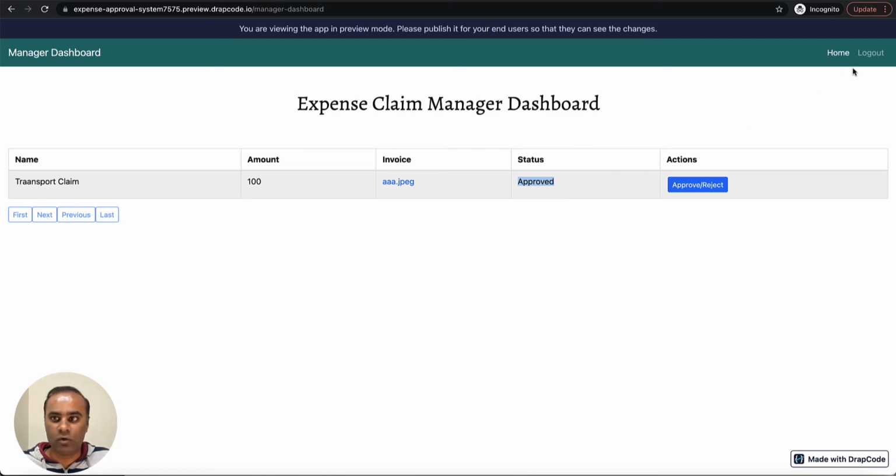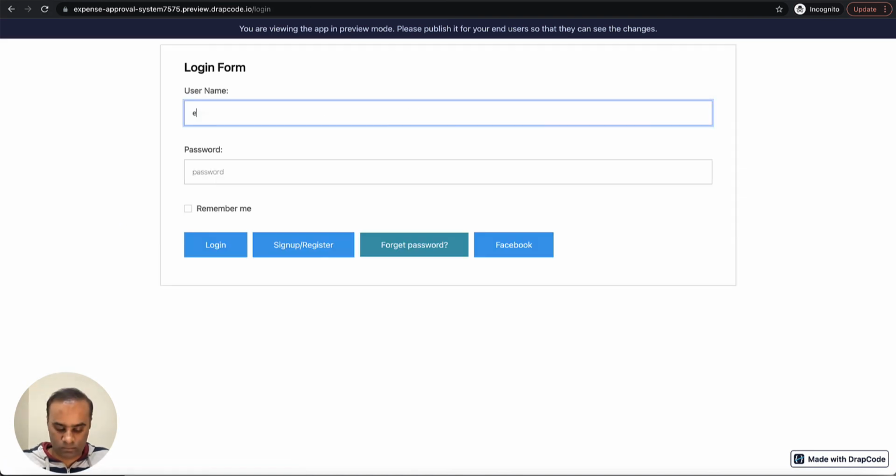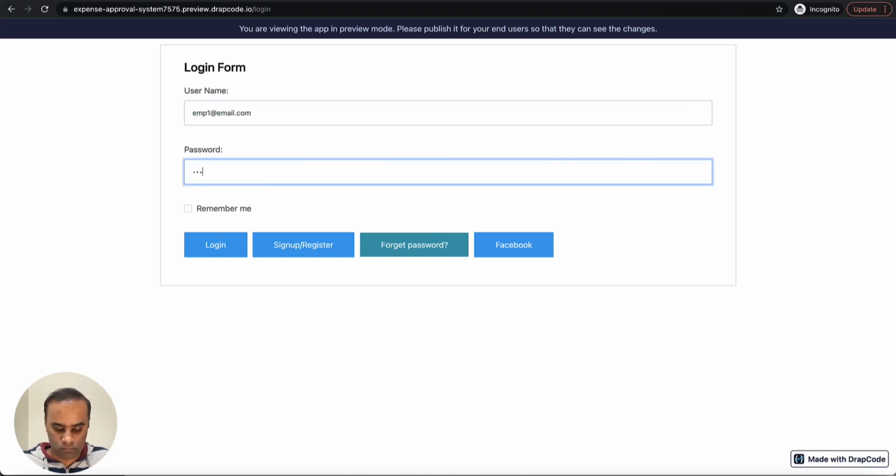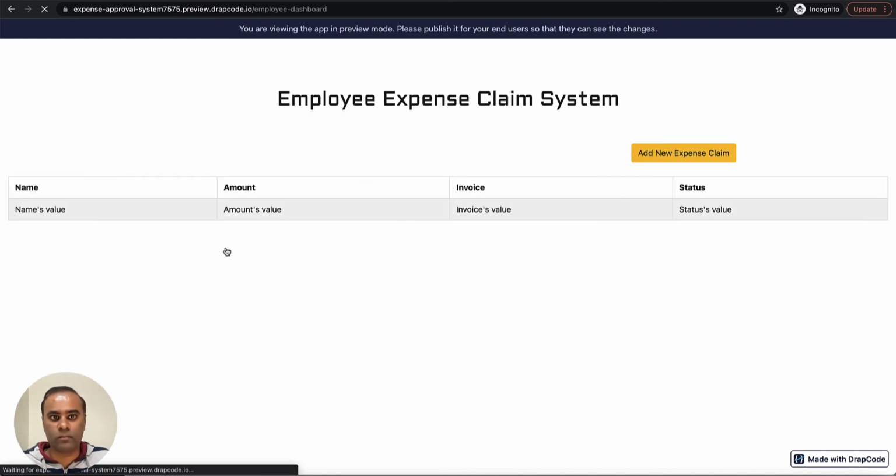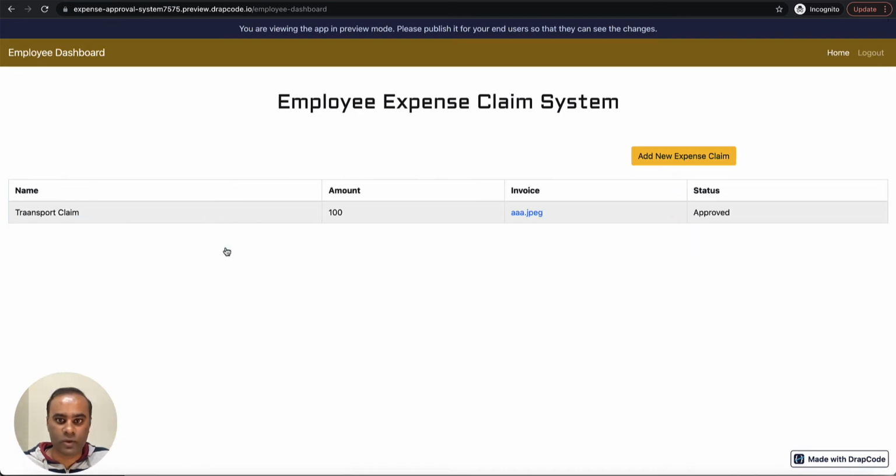So I'll log out and log in as an employee, and I can see that this claim is approved.